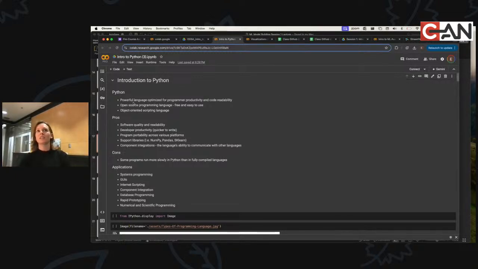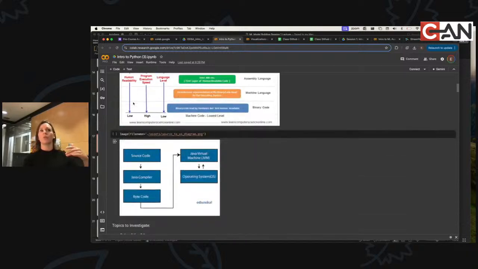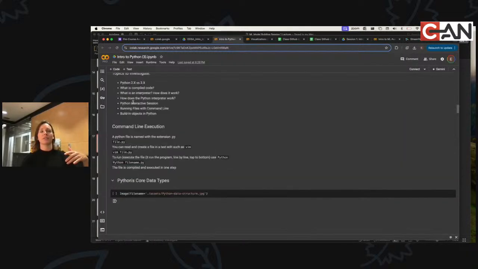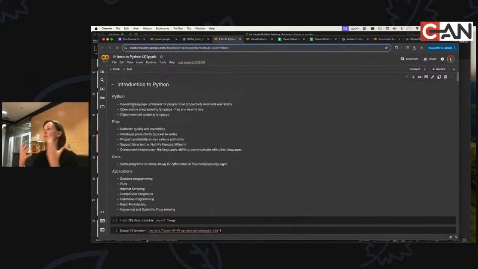In addition to that, it's just a very, very friendly language to use. When you go to create things and when you read through code, it feels like you're reading human language. It'll say for fruit in list of fruits, do something with fruit. As we program, I think you'll understand what I mean, but it's just very friendly.